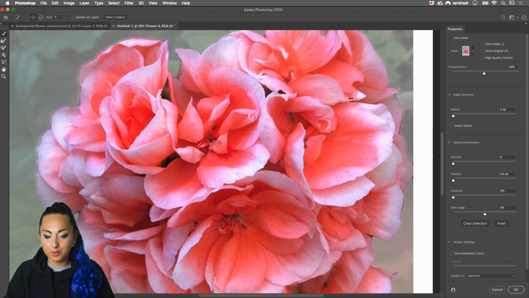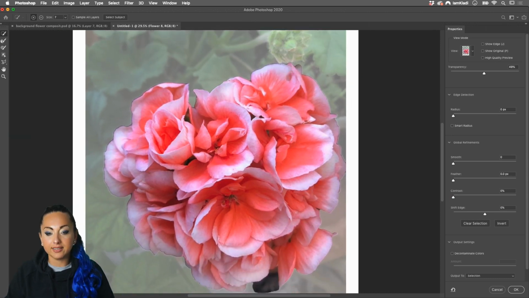So the reason why we are seeing the image like that, so we have the selection in bright colors and the